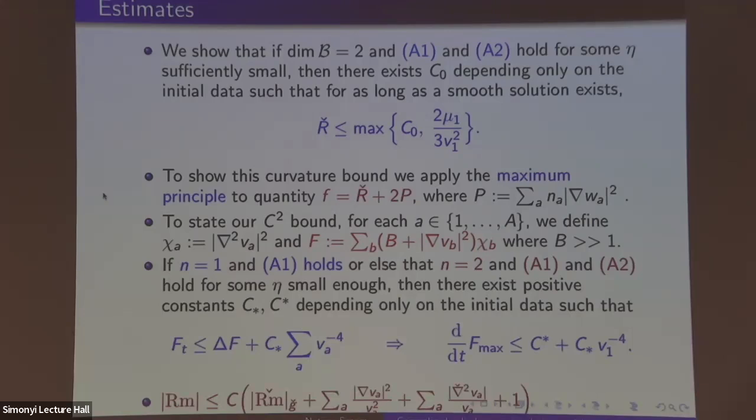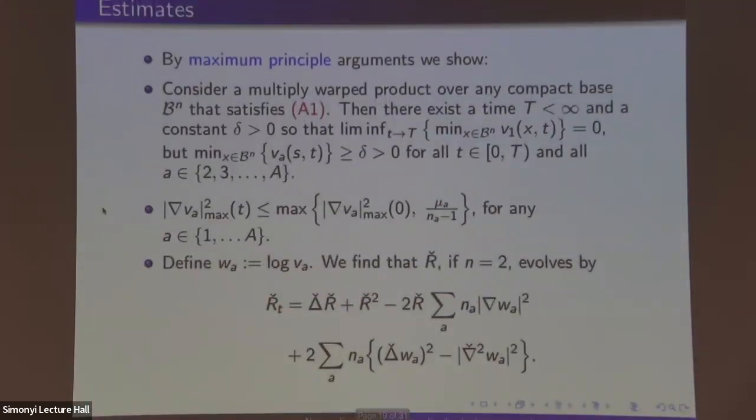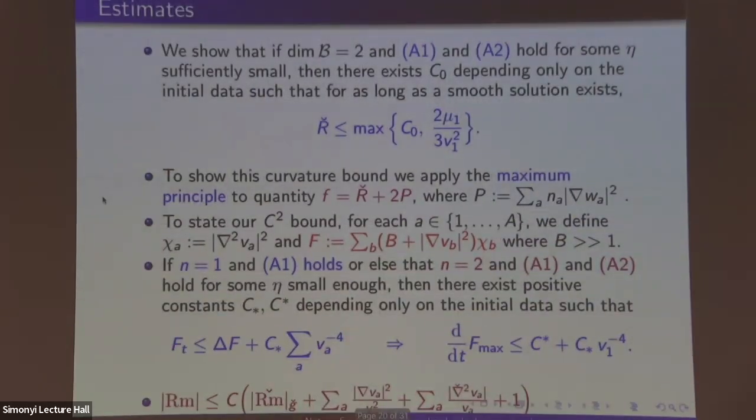And to show this bound on R check, as I told you earlier, we consider this quantity f, and we apply the maximum principle to this quantity, because the terms coming from the evolution of this term p basically help us control these bad terms that you have in the evolution of R check. So that's why we want to consider the combination of them. And now remember, to control the full Riemannian curvature, you need to control the curvature on the base, which we just have by our first estimate. But then you need also to control the gradient terms, which we also have,